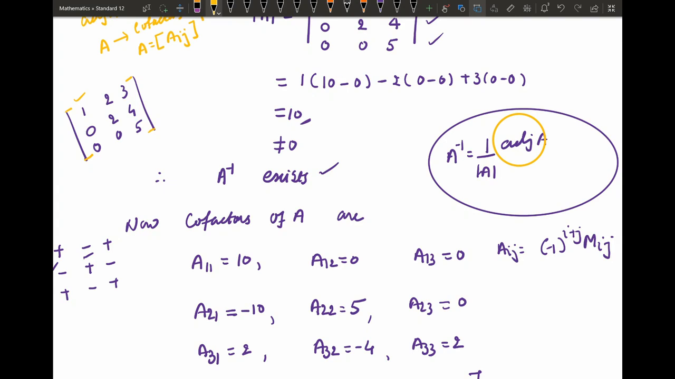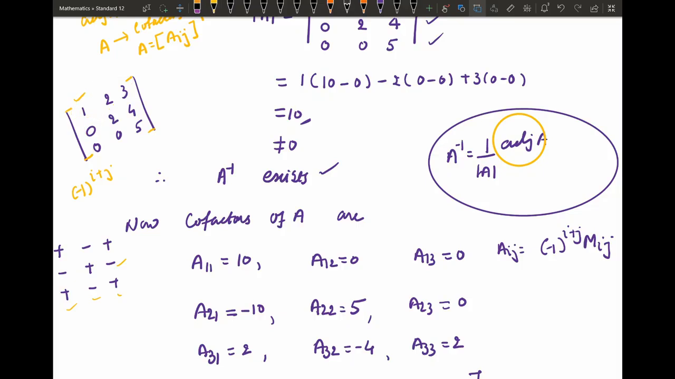A11 is the cofactor of 1 in the matrix. So you leave the column and row in which that element lies. Remaining elements will form a 2 by 2 determinant. 5 into 2 is 10 minus 4 into 0, which is 10, and we will give sign plus. Either you give sign according to plus minus plus, minus plus minus, plus minus plus, or you give sign according to minus 1 raised to i plus j. It is one and the same. So A11 is 10,